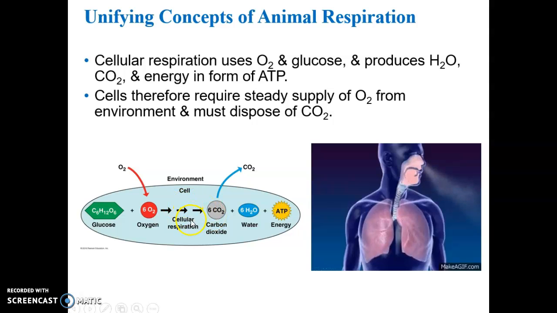So cells must have a constant supply of oxygen from the environment and a constant disposal of carbon dioxide back into the environment, which is obtained through inspiration, breathing in, and expiration, breathing out. The gas exchange of oxygen and carbon dioxide occurs in the lungs, the pulmonary circuit. Oxygen-rich blood gets back to the heart and then is delivered to the entire